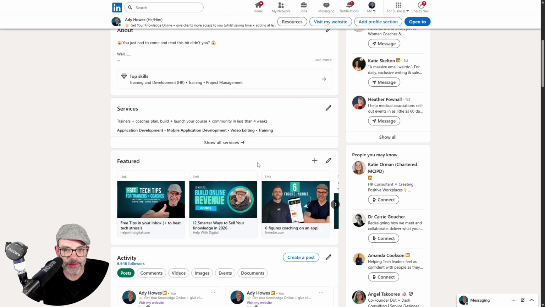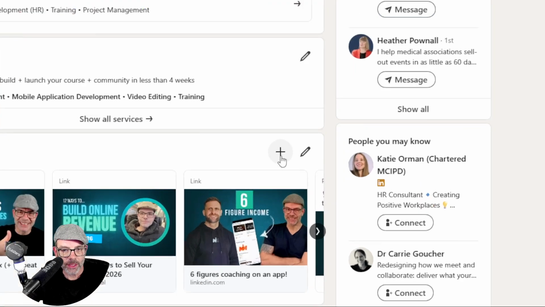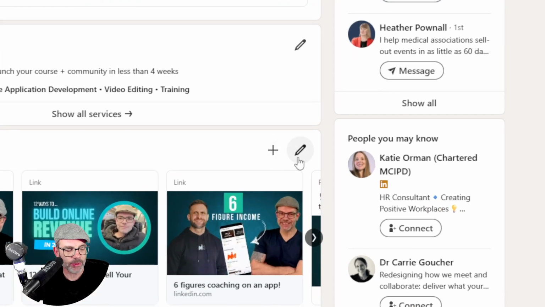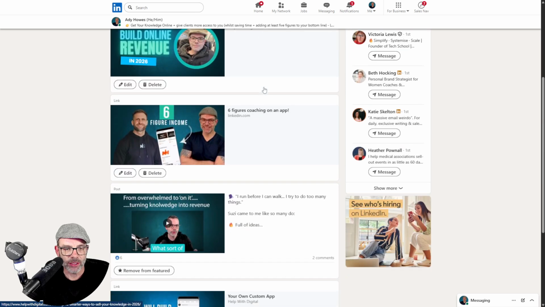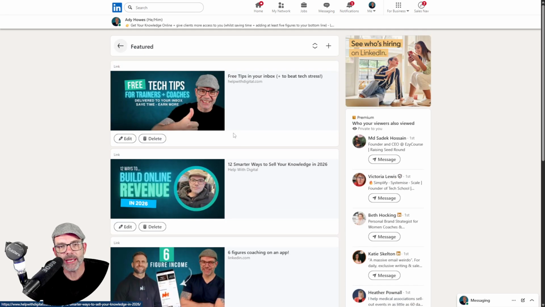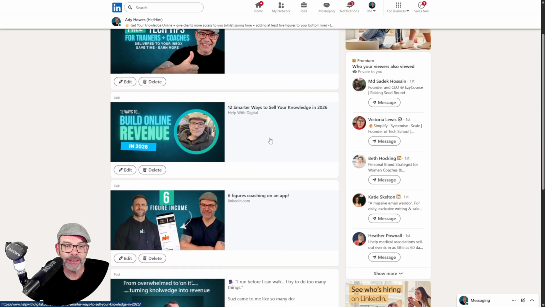Now, if you go to your featured section, you can add and you can edit with these icons here. So I'm first of all going to edit and show you the different things that I've got listed. At the moment, and I need to update these because I've got more new stuff coming soon, the prime one at the top is the free tech tips for trainers and coaches delivered to your inbox to help you save time and earn more money. Then 12 smarter ways to sell your knowledge in 2026. I do need to update that one because there's another 4 ways that I want to put in there before